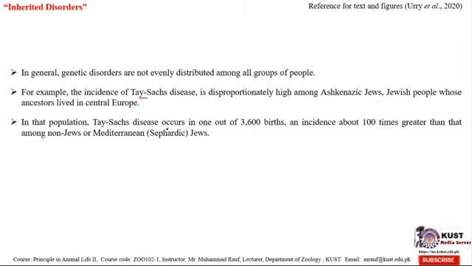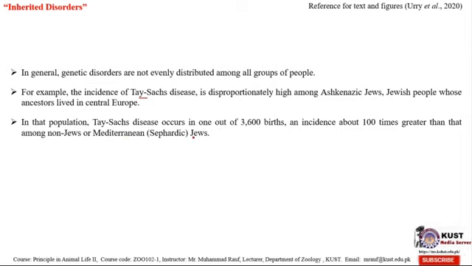In that population, Tay-Sachs disease occurs in 1 out of 3,600 births, an incidence about 100 times greater than that among non-Jews or